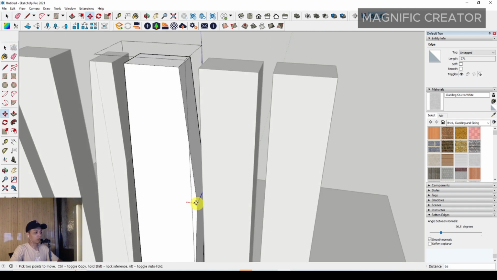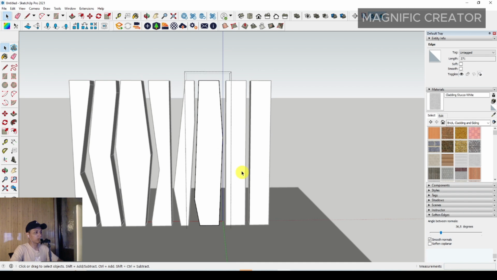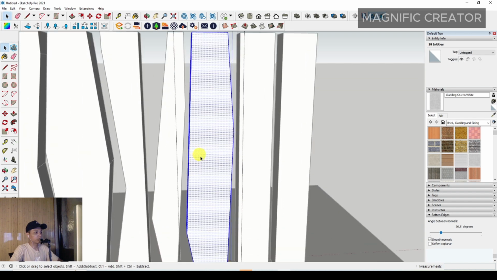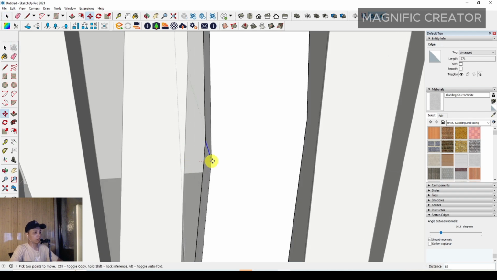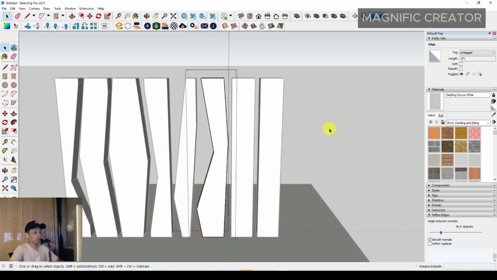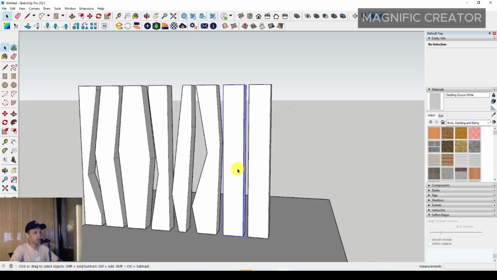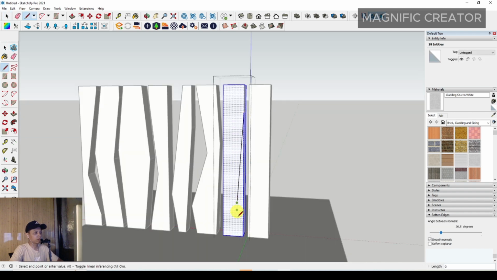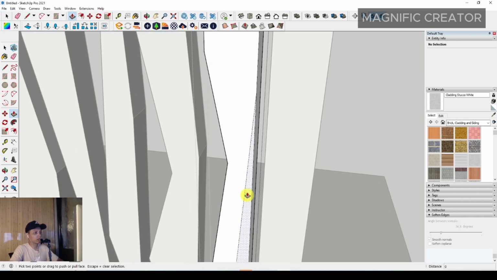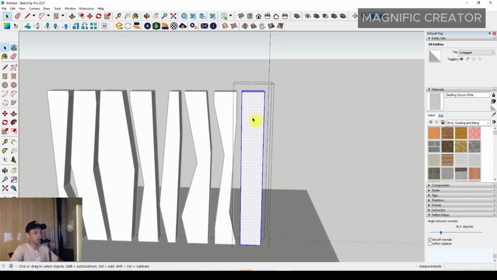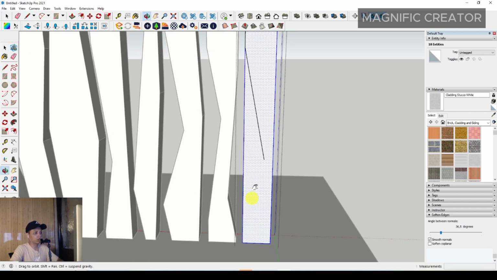You can follow this step, and you can adjust the line. You can adjust the shape anyway to make a great design from this line adjustment. And this is the last object. You can adjust again,